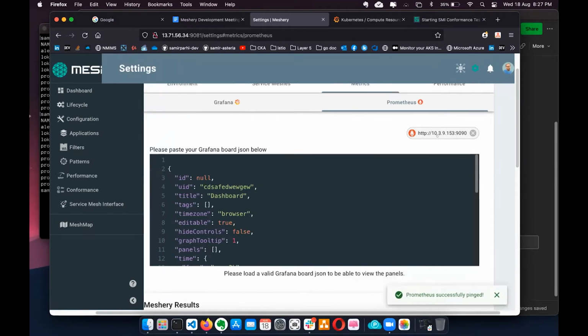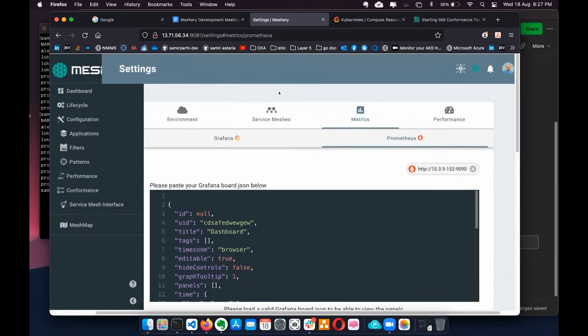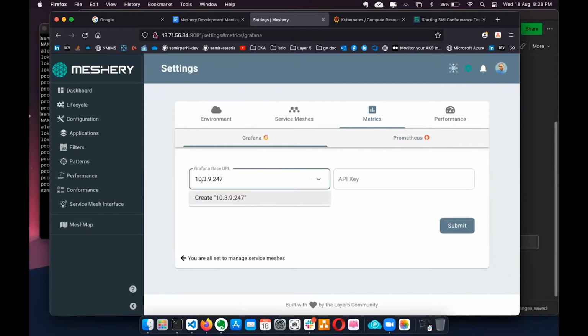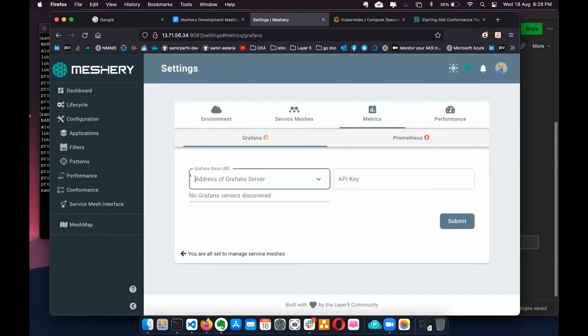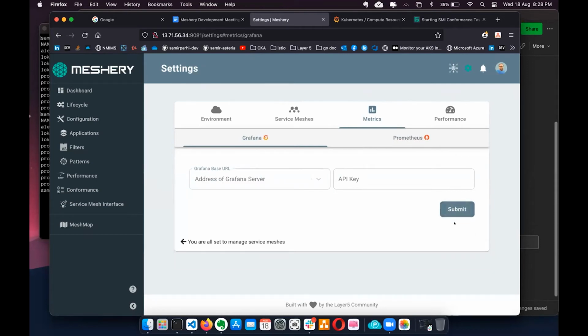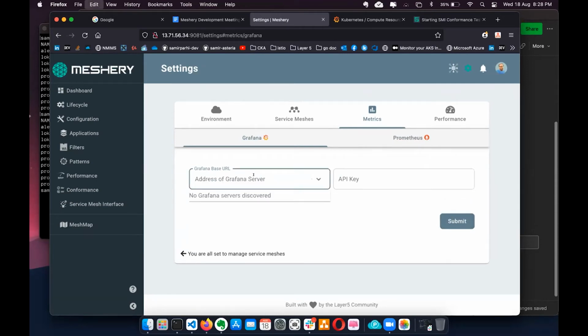But when I click this, it says Prometheus successfully pinged, which tells me that this IP is not persistent. The same goes with Grafana. If I just give Grafana to connect, it says there is some error connecting.